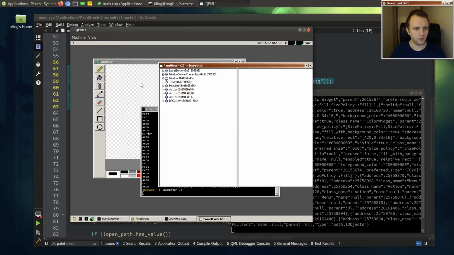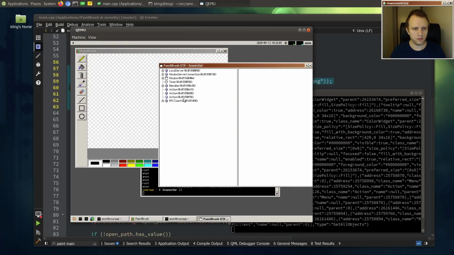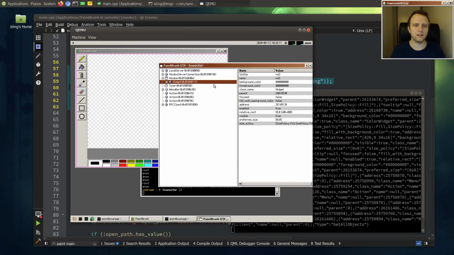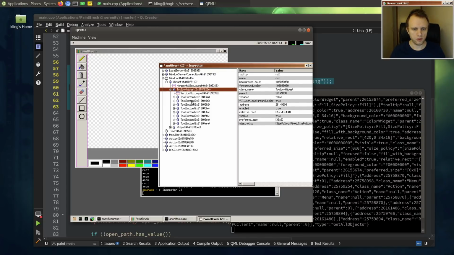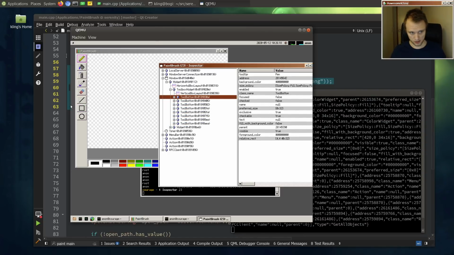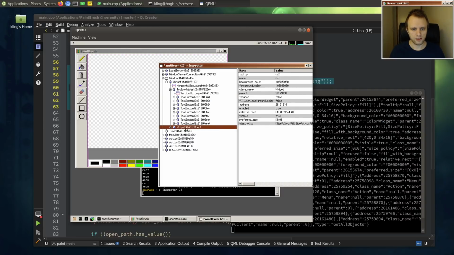So the main window, and then in that window, we have a toolbox widget on the left-hand side with a bunch of different tool buttons that represent the different types of interaction you can have with the paintable area. And then on the right hand side in the app, we have a paintable widget, which is sort of